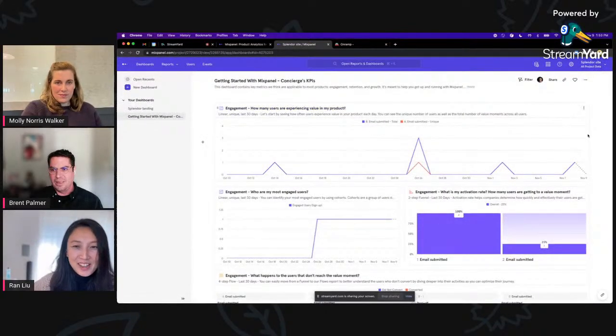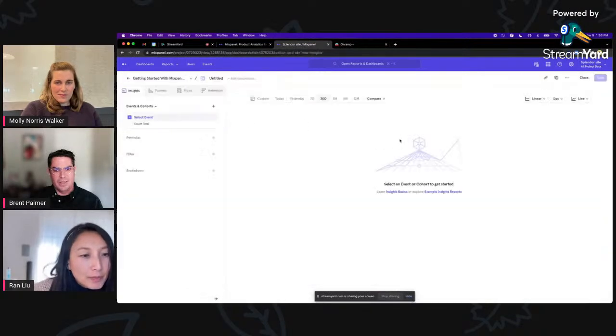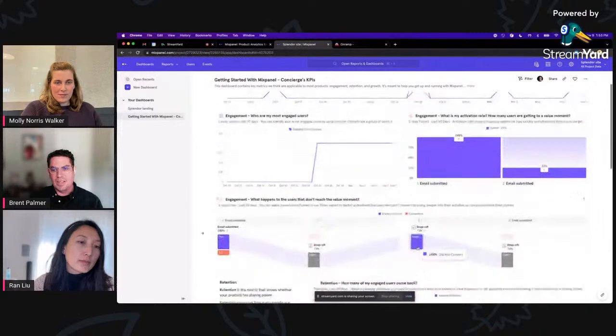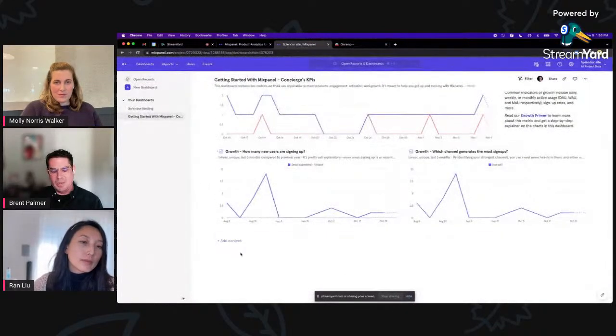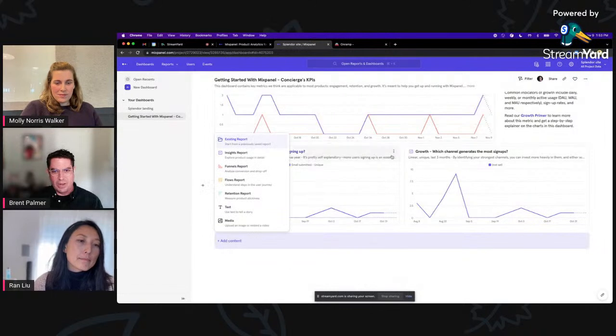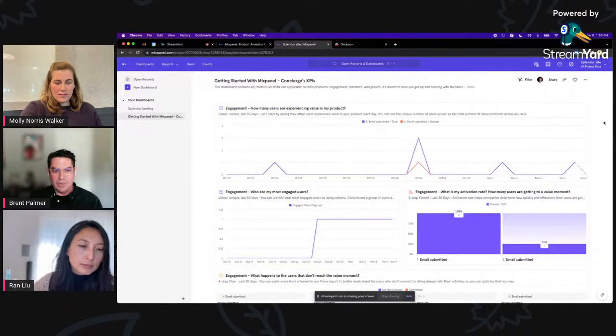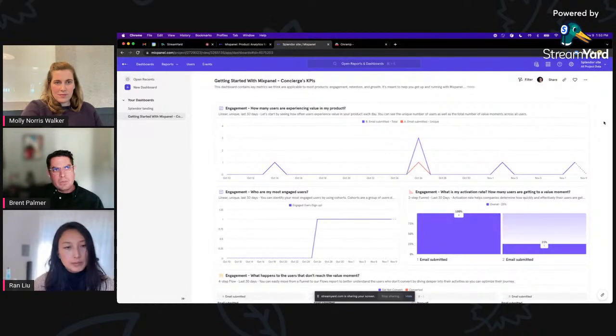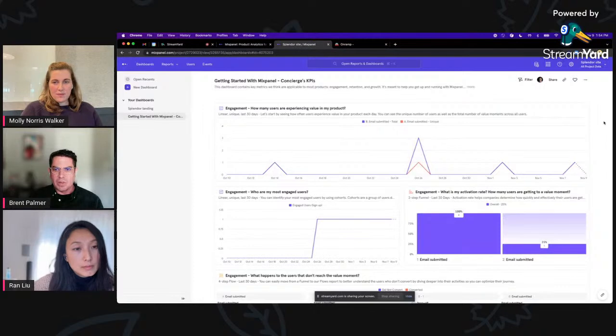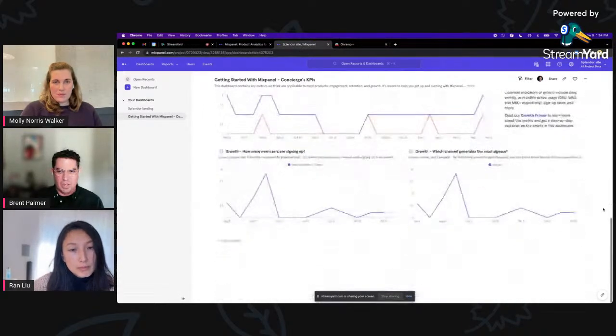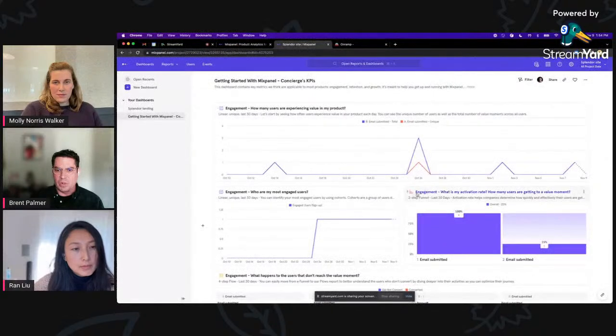Yeah, and great timing. I can add more. I want to add an insights report. I can do that or build my own. So it's almost like a doc now with data coming into it. So we can add text and media as well, and this becomes really rich. So once you've given us two, we call them value moments, we can generate a dashboard like this. Again, super limited. We're making a lot of assumptions here. A long ways to go. We have a lot of different experiments we can try everywhere along this journey.